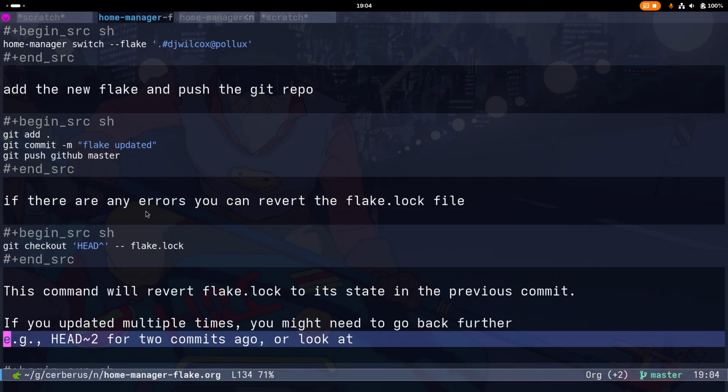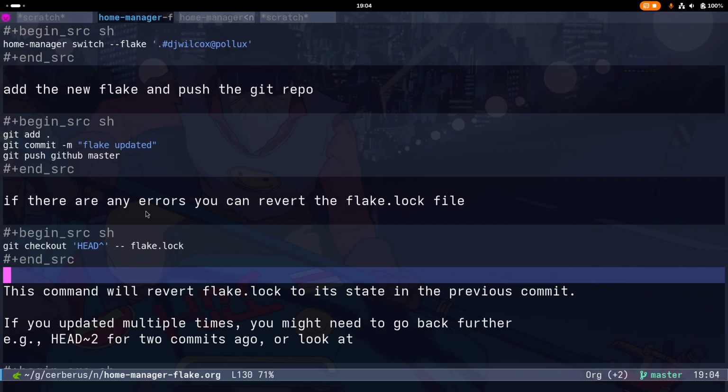And again, if there are any errors when you're doing the update, so suppose you run nix flake update and you get an error with some package not being able to build. I'm actually getting an error on this system at the moment with DaVinci Resolve not being able to update because the SHA sum is incorrect. So what you can actually do, as I said, is revert the flake.lock file. If for whatever reason you get an error with something not being able to build because of some bug, which you can check out on the NixOS nixpkgs GitHub,